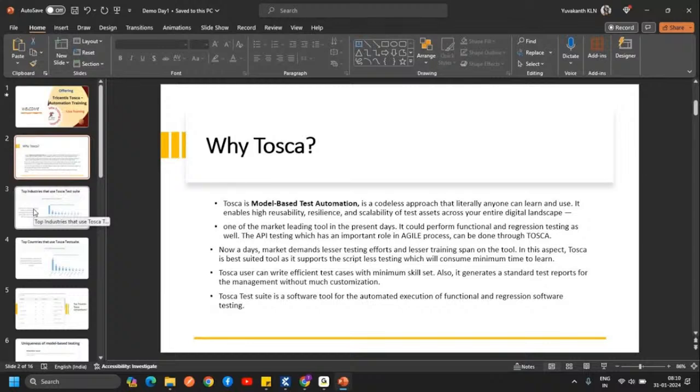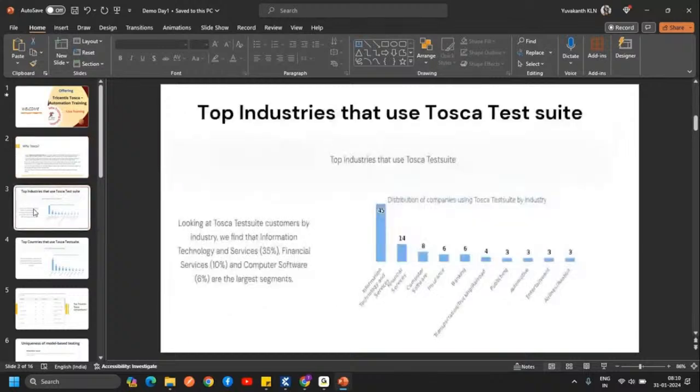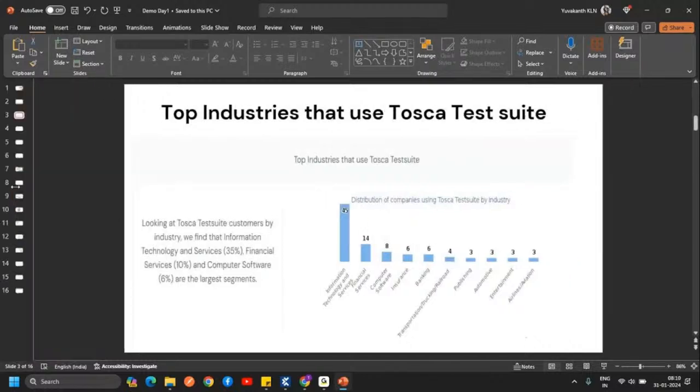Okay, so moving on to the next topic, we will understand the top industries in which Tosca is currently being used. If you see, information technology is one leading industry where Tosca is being used, not only in information technology but also in financial services, computer software, insurance projects, banking projects, publishing, automotive, entertainment, airlines, and aviation.